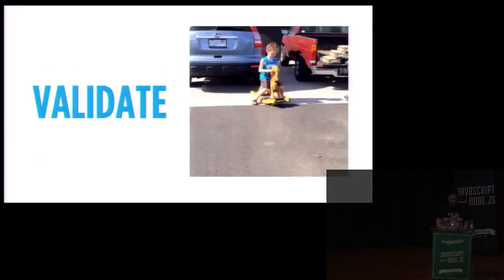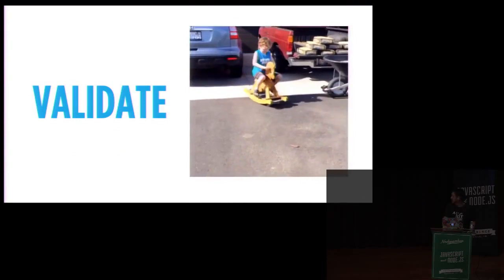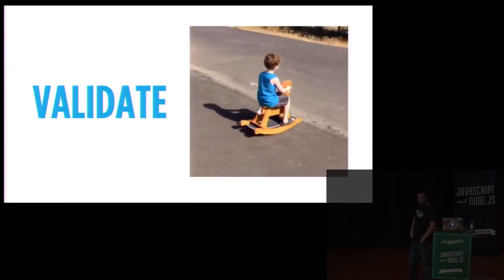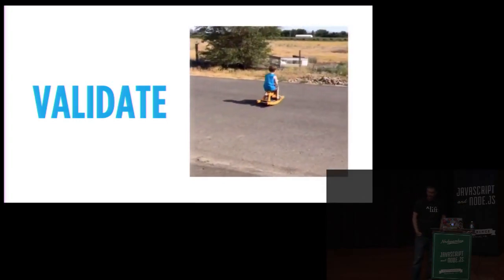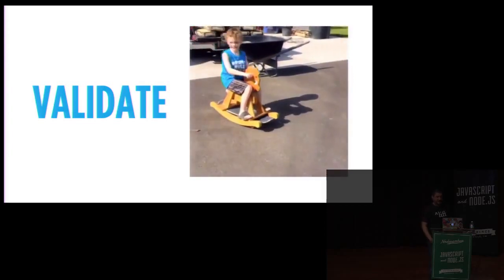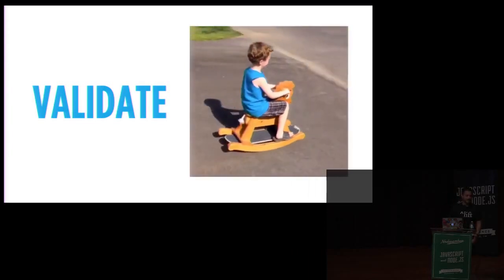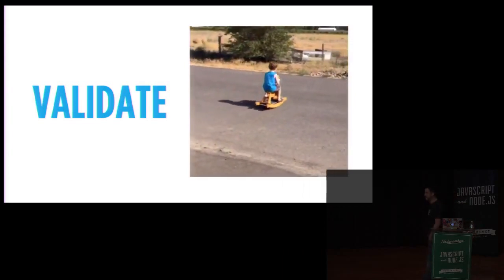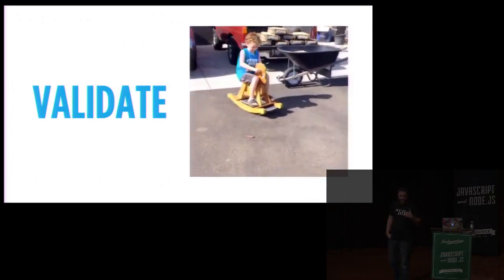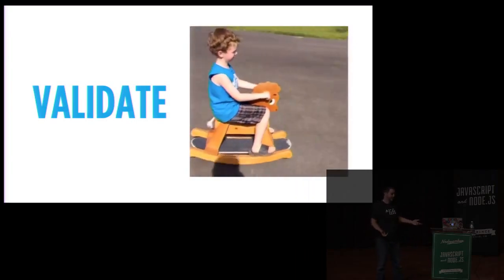So once you've found your hotspot, right, you need to validate, and you need to make sure that the thing that you're testing, can you actually abuse it? This is my son on a rocking horse riding down this thing on a skateboard. He's using it as it's not intended. We need to validate those things. And auditing modules is really unique because what do we claim as a vulnerability? You can use a module as it wasn't intended, right?